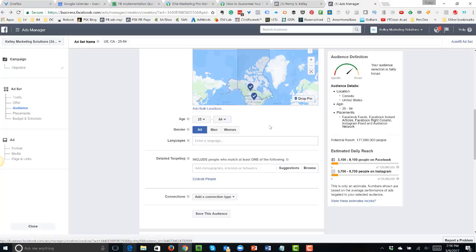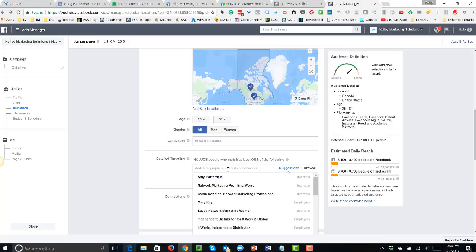If you are in a company that is catering primarily to either men or women, then you can narrow your audience by gender. You know, a lot of the cosmetic companies, you may want to just target women. But for our purposes, we're going to keep it everyone. And again, English-speaking countries, I'm not going to say English is the language. We don't need to do that. So detailed targeting. We're going to come back to